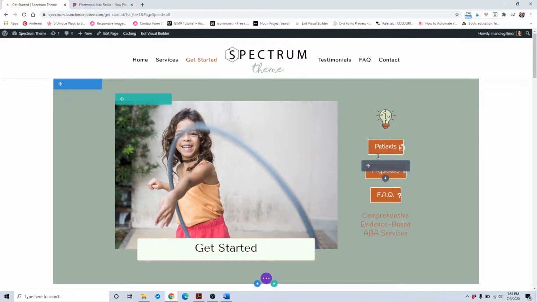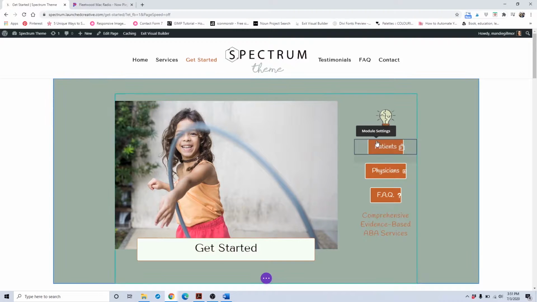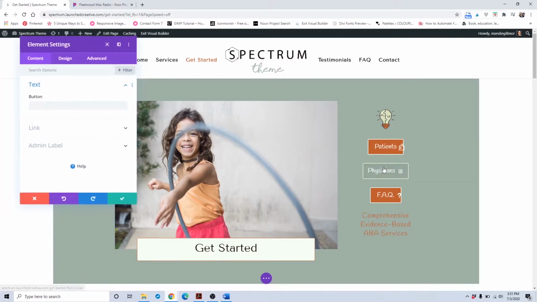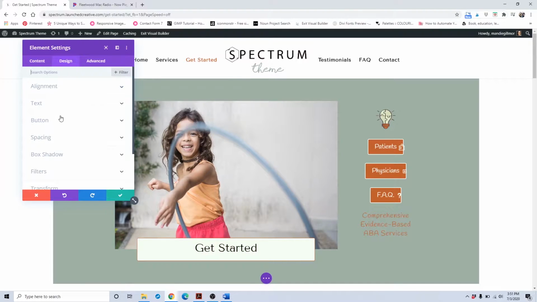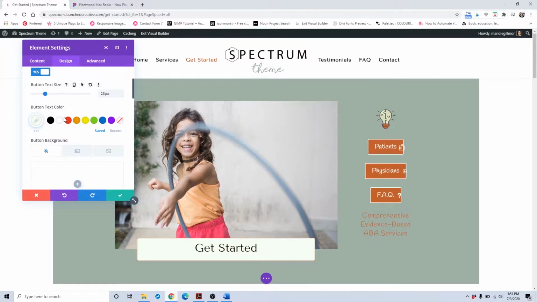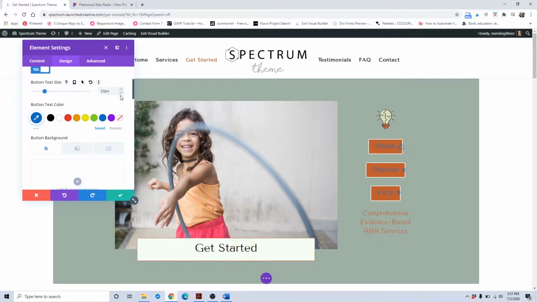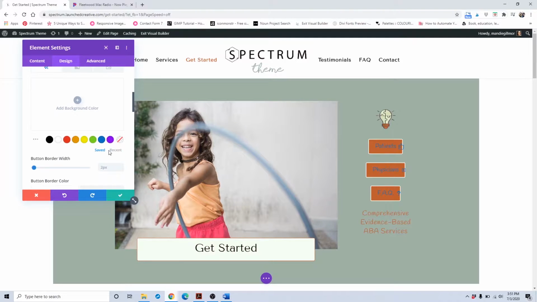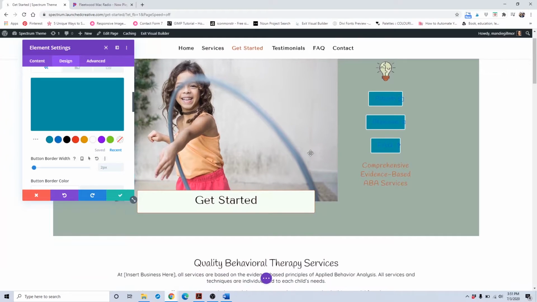To change the button style, if you want to change them all at once, you'll click and hold down the Shift button, left click each box, make sure they're all highlighted. Click that gear icon box, design, button, and you'll change out the button text color. You can change the button size, the button background color, the border width,